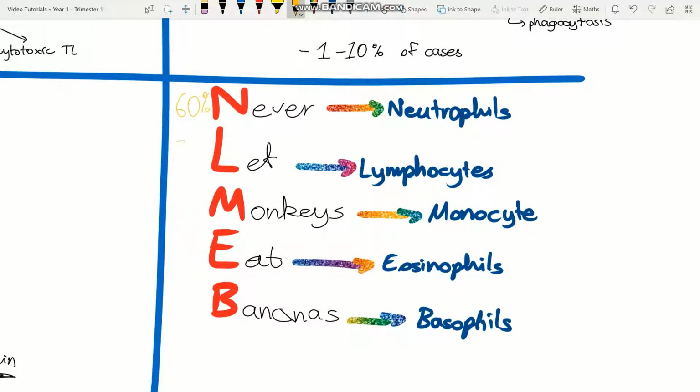Lymphocytes, let's average it out to 30%. Monocytes, let's average it out to 7%. Eosinophils, average to 3%. And basophils, average to around 1.5%. So as you can see, this mnemonic just gives you an indication of the relative presence of all of the leukocytes in the blood in decreasing order, and also will help you